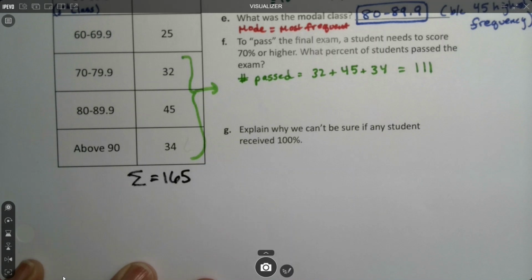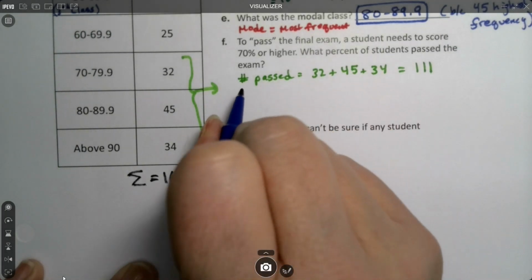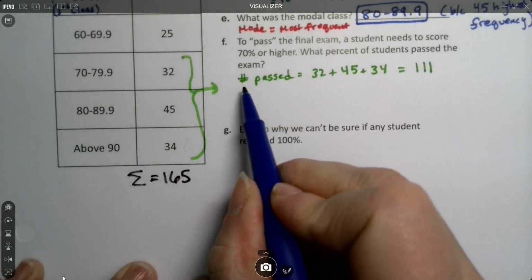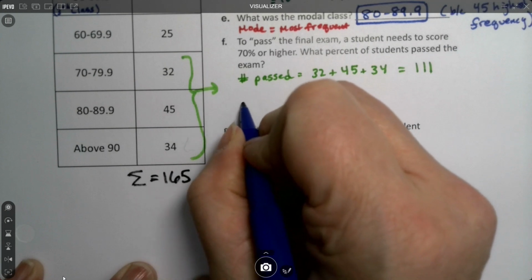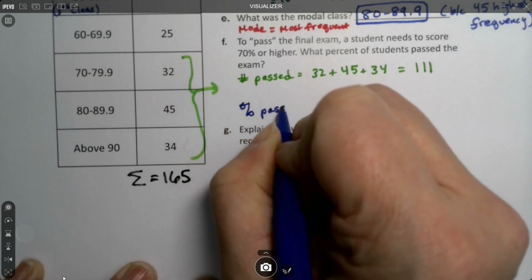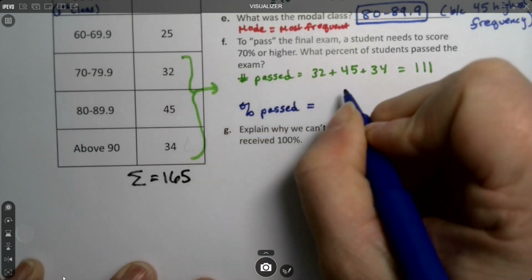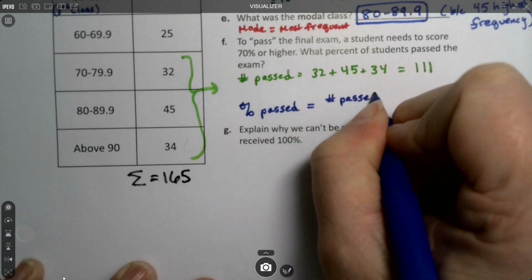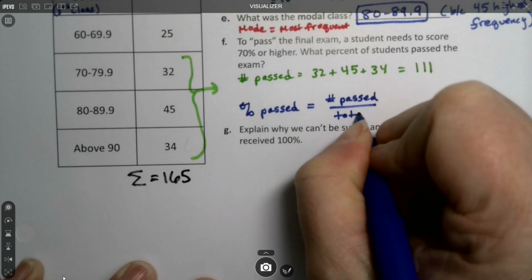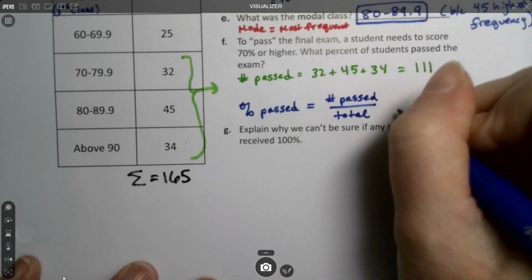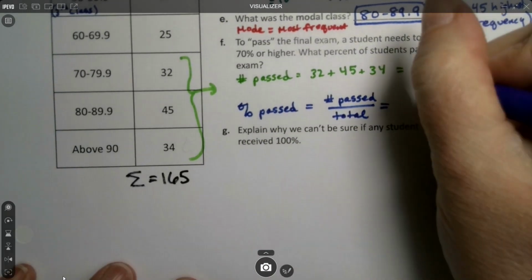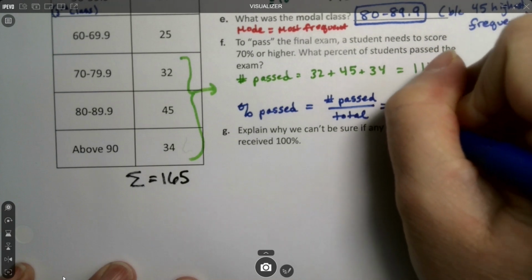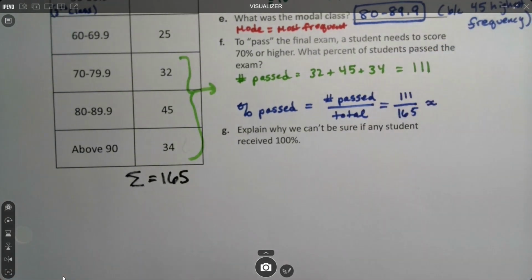All right, so then when I want the percentage, so this is number that passed, right? That's a number sign. It's also a hashtag, I know. But if I want the percent that passed, what I need is the number that passed divided by the total. That's going to give me a decimal. So that's 111 divided by 165, which is,